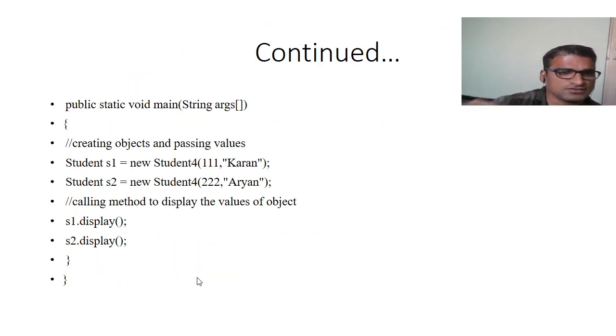So here, before creating an instance object, I need to declare the main function. As we all know, the main function is a very important part of a Java program. Immediately after declaring the main function, I can go for creation of the instance object and passing the values to id and name. For that I need to use the class name student and the instance object called s1 and new. Whenever I use the new keyword, a constructor called student is called.